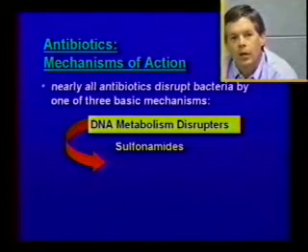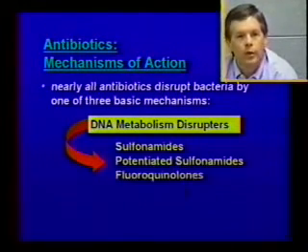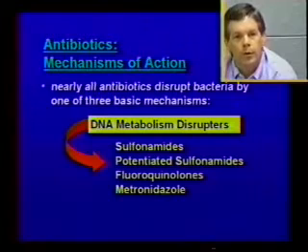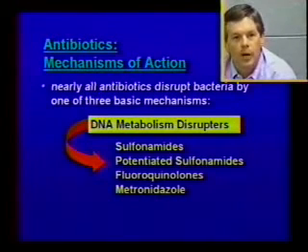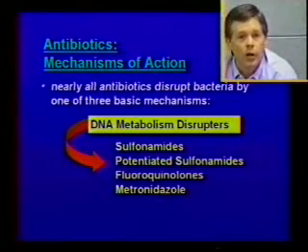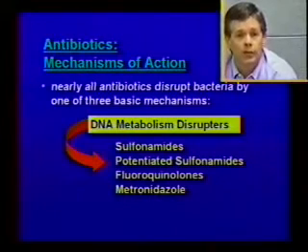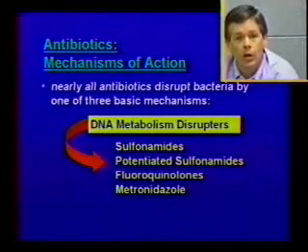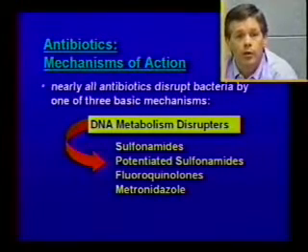Finally, the class of drugs that interfere with DNA metabolism in microorganisms represents a third major and important group of antibiotic agents. The sulfonamides and the potentiated sulfonamides are two very old classes of agents that are still used widely, though, which act through this mechanism. And a newer class that we'll talk about at the end, the fluoroquinolones, are certainly a very important group of